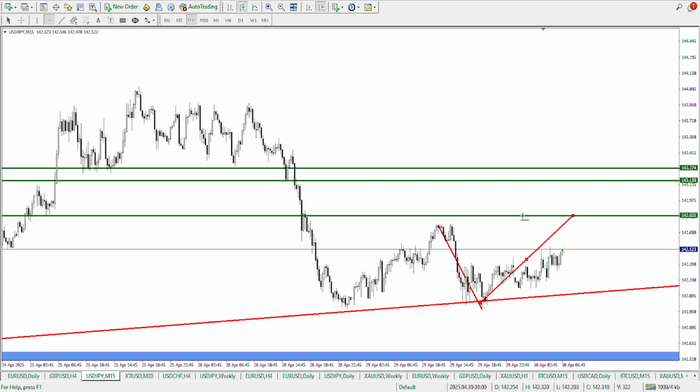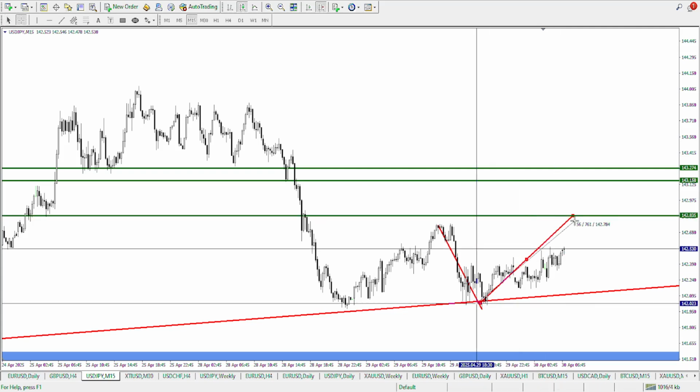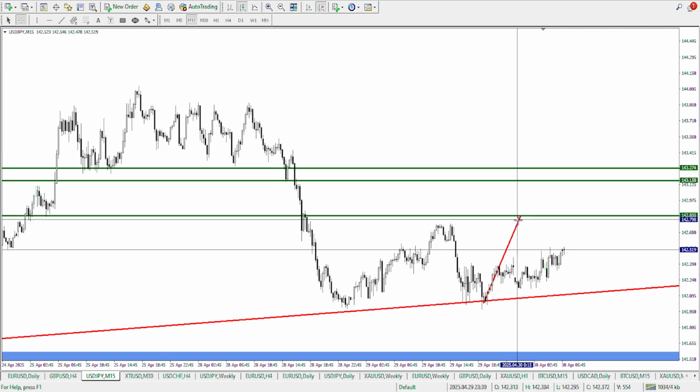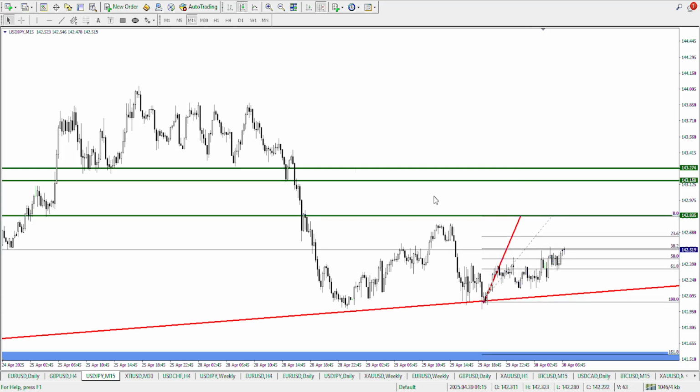So yes, I will say these bulls will get out of the market near 142, and once it completes on the 15-minute as an up move, the market will get some resistance here, then we don't take a sell right here. What I usually do is wait for a correction, and at a correction I'm going to enter near